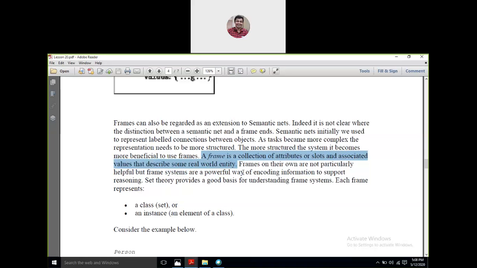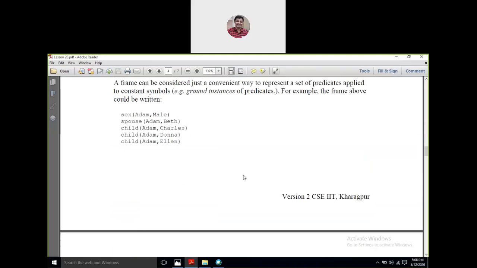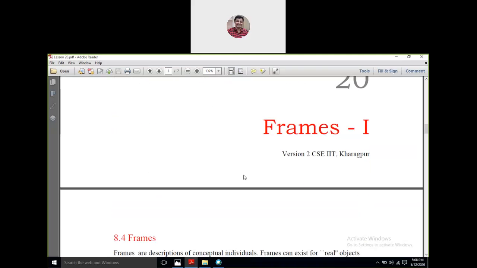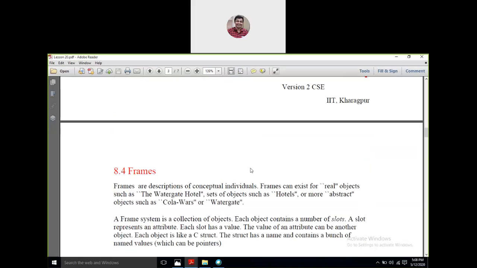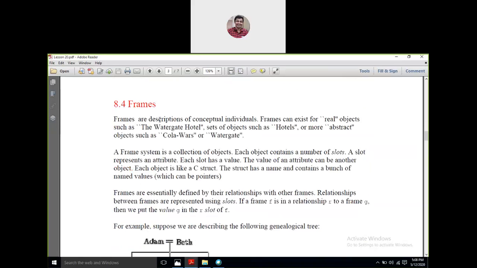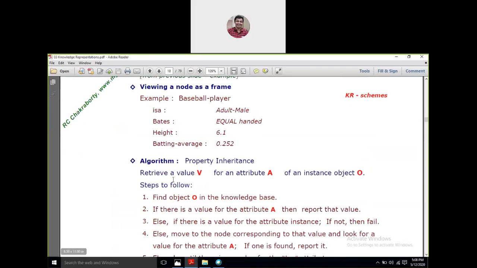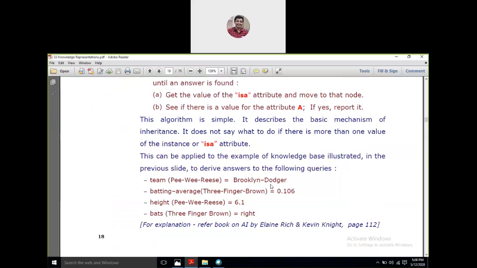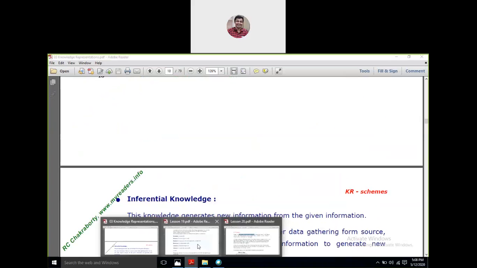The standard slides that we have been given to follow don't carry this definition. I'll urge you to go through this definition. Now let's get back and give you a small idea on frames. Again, I don't claim these materials. They are taken from the NPTEL lecture series, right? Frames are basically the descriptions of conceptual individuals. Why have I taken you there? Because in knowledge representation, it is better to go through the material that I'm showing you now, rather than the other part. Okay, now the description of the conceptual individuals.